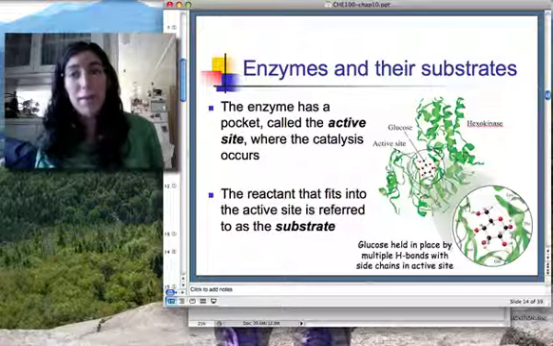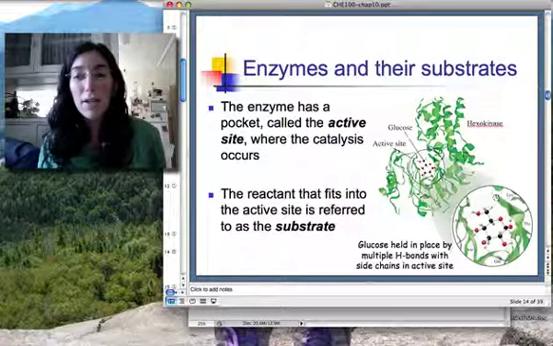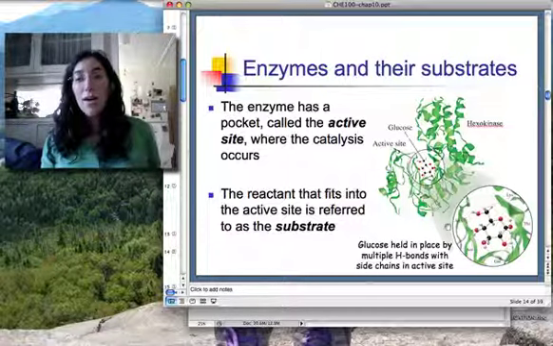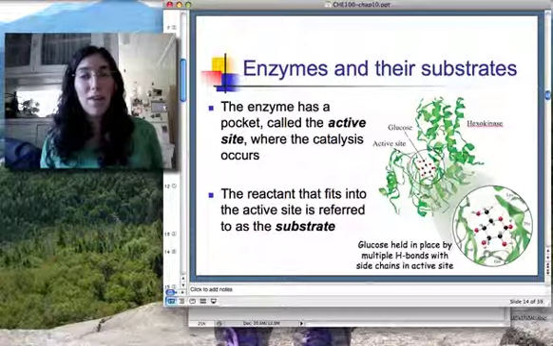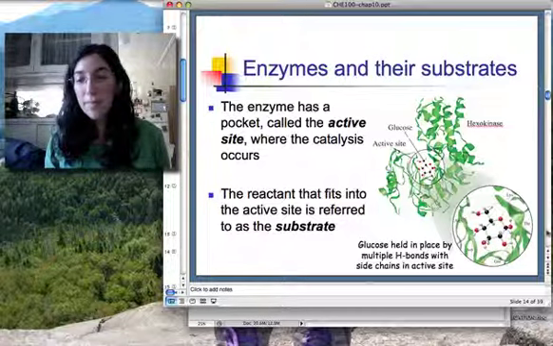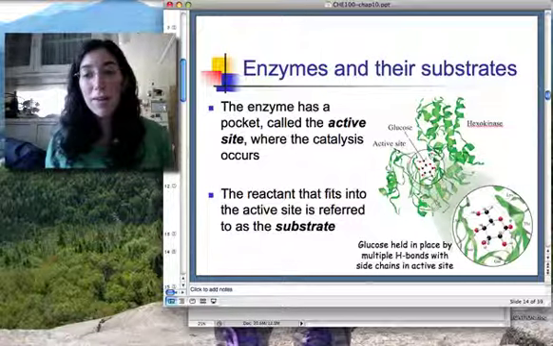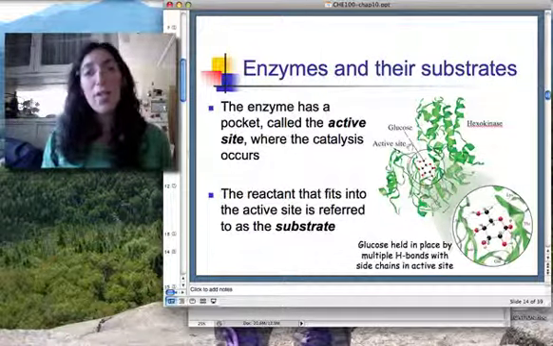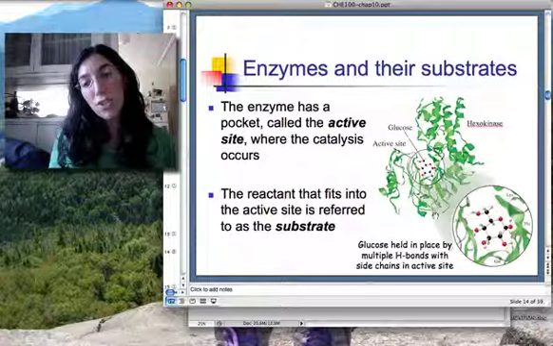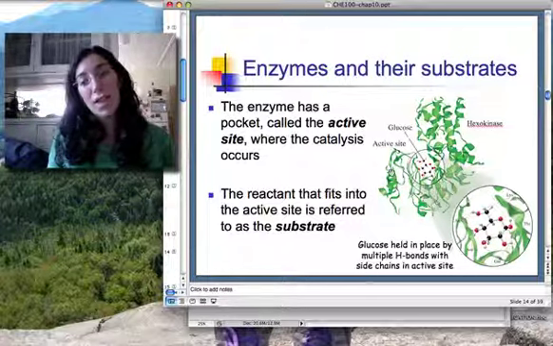Glucose is a polar molecule, so there's a polar active site set up perfectly to bind this polar molecule and hold it there with these little hydrogen bonds. So hexokinase won't fit other molecules. Other molecules are either not polar enough or not the right size or shape. It's specifically designed to bind glucose and only